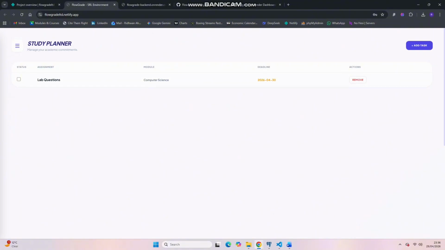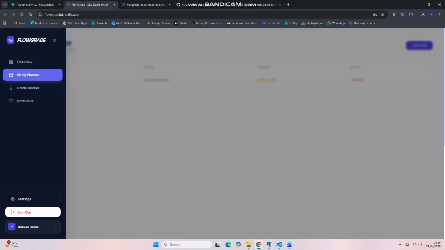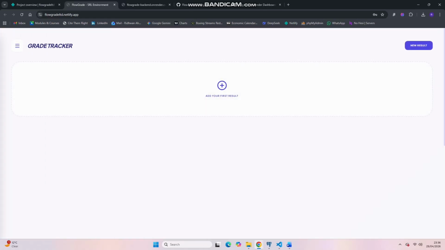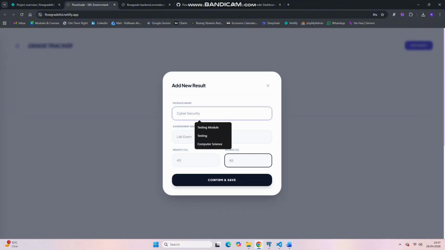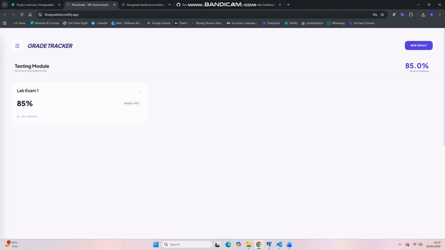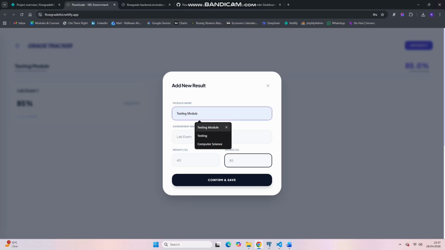Next, if we move on to the grade tracker, you can press onto this plus and you can import any grade. So test module, lab exam 1. You can enter the weighting, the score. You can also do that again. Test module, lab exam 2. And this should calculate your average module score,